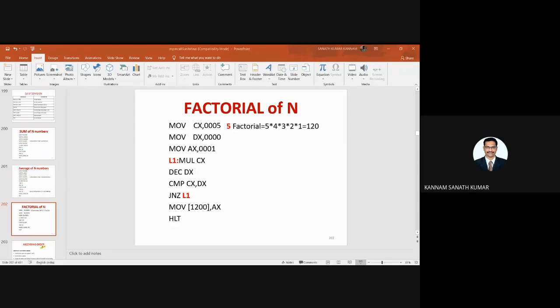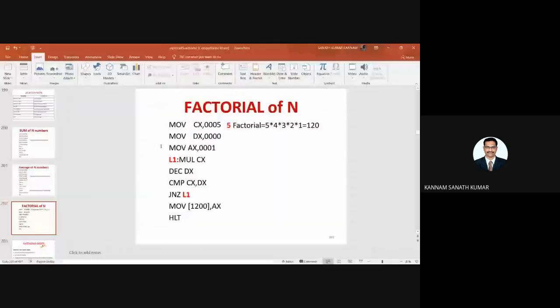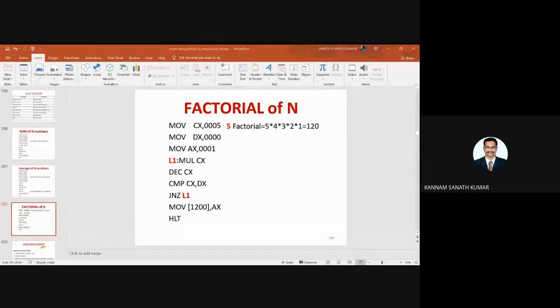We are not decrementing DX, we are decrementing CX. Initially what is CX? 5. That becomes 4. So compare CX comma DX.